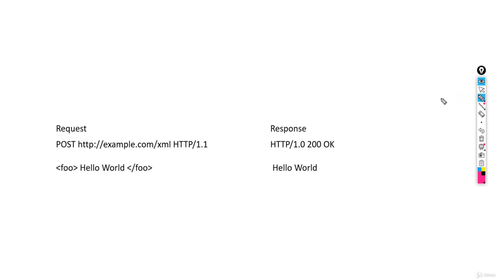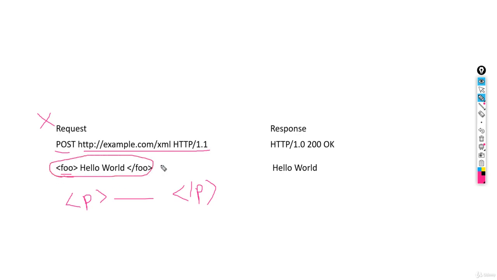You can see here this is the POST method, which means you are giving something over here with this command. Remember that in HTML there can be, let's say, a paragraph field. You write something in the paragraph and then close that paragraph field right here. But in the case of XML, the tags are user defined, not predefined as in HTML. So you can define any tag in XML. This is your XML code over here.